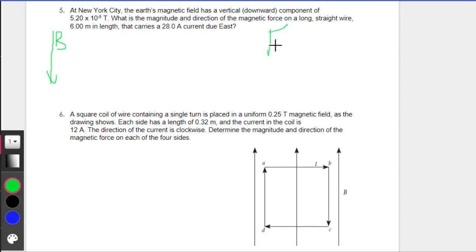So we're looking for the magnetic force here on a long straight wire that is 6 meters in length and that carries a 28 amp current due east. So we have this being east over here, and this is our current. So just start by sticking your thumb to the east,